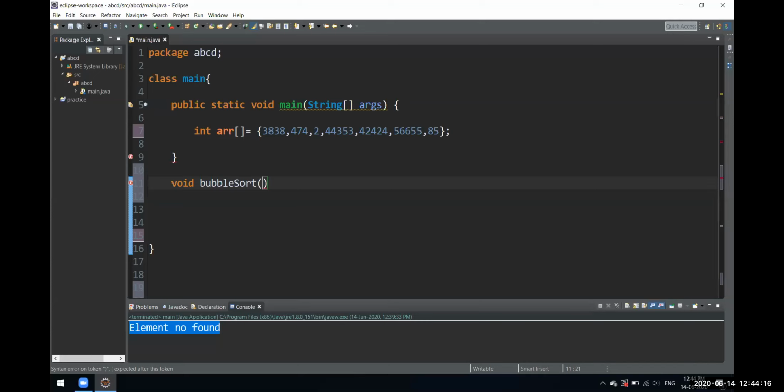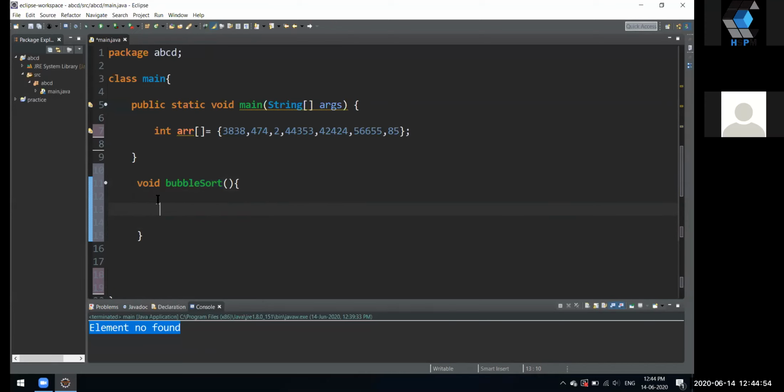If you try out some other languages, like if you write very big things in JavaScript, they are very flexible. Even if you don't specify the return type, they would accept your function, okay. But again, when you are working on that code for a long time, it becomes a mess, okay. That's why many people still choose Java, because it is so well structured. Although it may look a little bit big, this is that one advantage which I like to mention, okay. So let's write the logic for our bubble sort, okay.